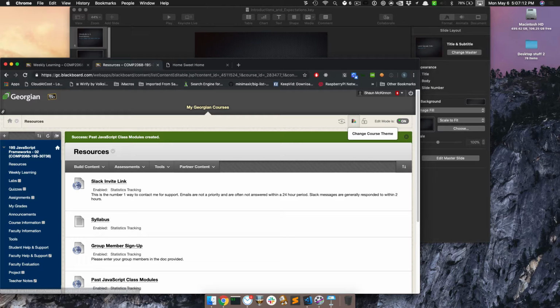Email is the slowest way to get my attention because every so often Georgian changes my passwords and I don't know about it for like a week until I go to log in to Blackboard and it doesn't work. Then I find out. So definitely the Slack invite link, do it. Just do it. Because